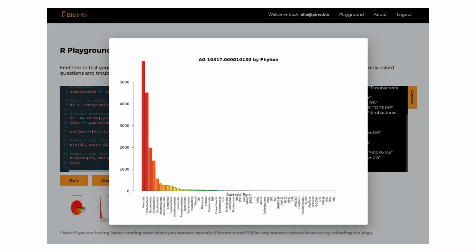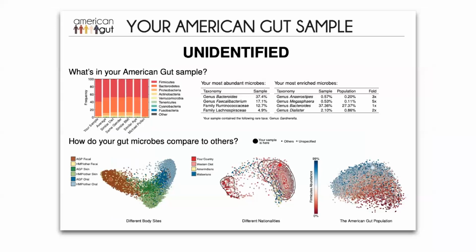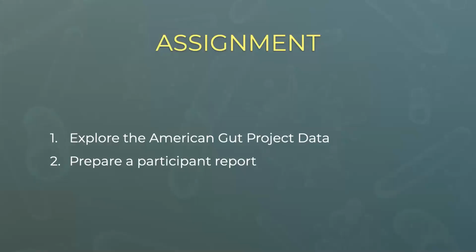But what was interesting is that in the context of this whole project, each participant gets a report, right? And in that report, what do they show? They report how you compare to some other participants, just like we saw in Mikhail's chart right now. And you also have other types of variability compared to other groups, or between different body sites or different nationalities, etc. So now what we wanted to do is try to create a report.